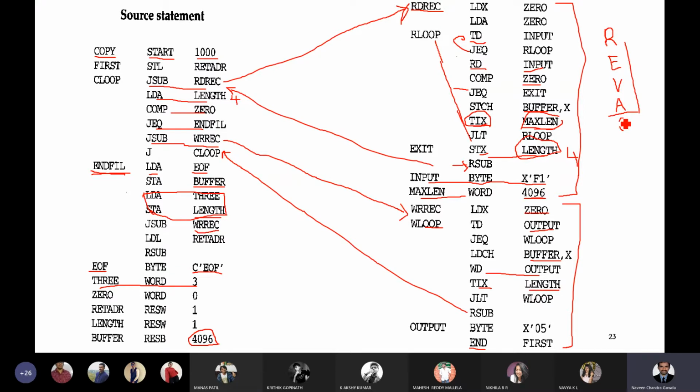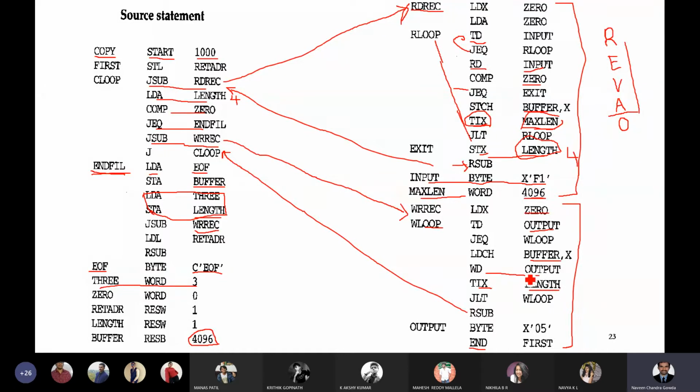Why would you repeat the writing process 4096 times? Because the buffer has only the 4 characters. So while writing, you need to compare with the number of characters present in the buffer, not with the maximum count. In that perspective, you'll be checking with the length.